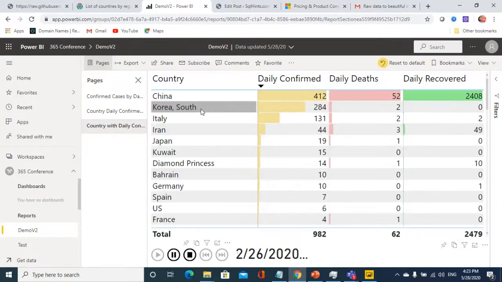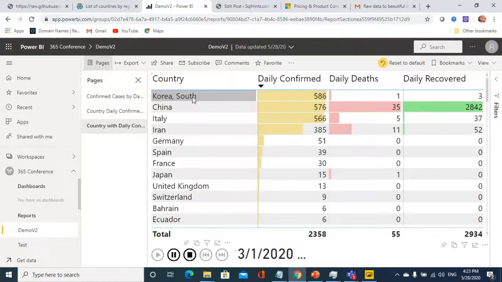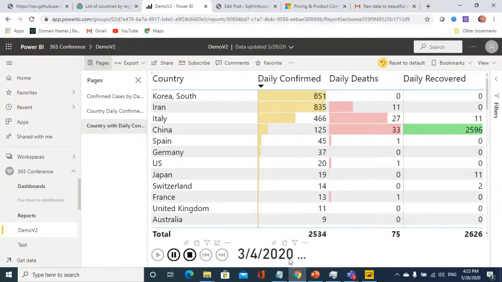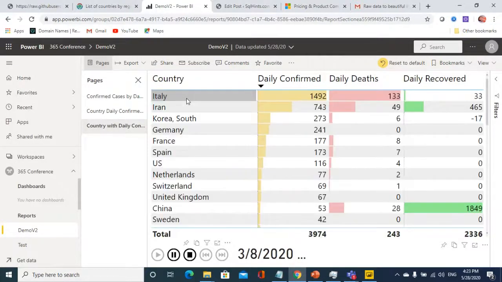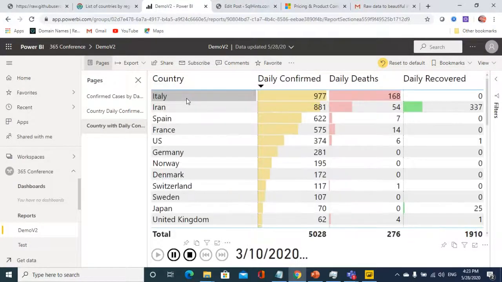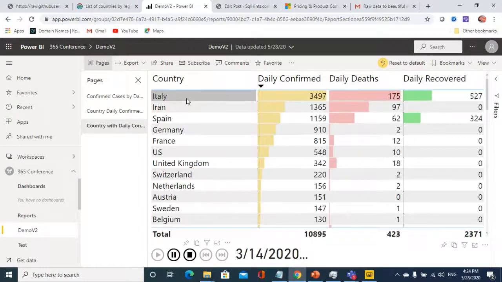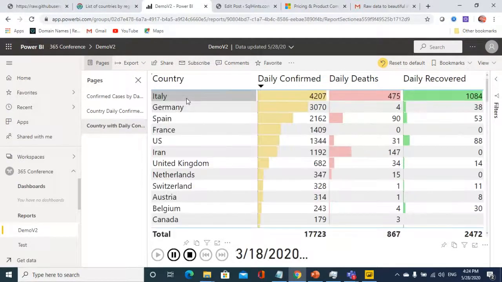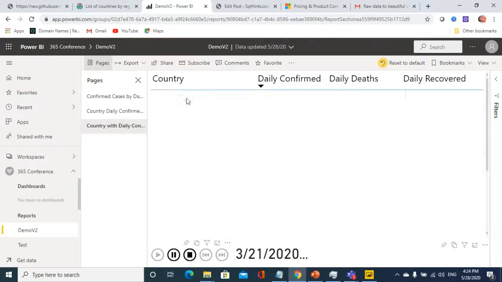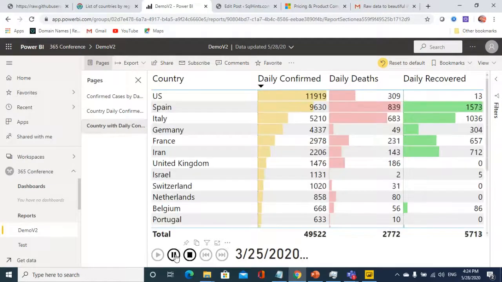Now South Korea has started reporting higher confirmed cases. This is the starting of March. Then Italy, Iran. Then Spain. Then US started reporting the highest number of confirmed cases. So all these things we can do in Power BI. All these options are there.